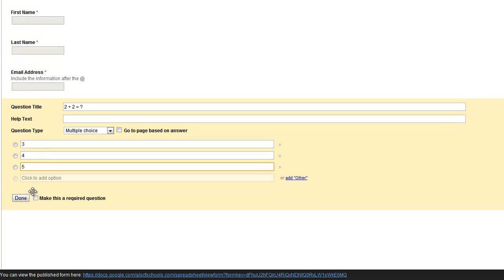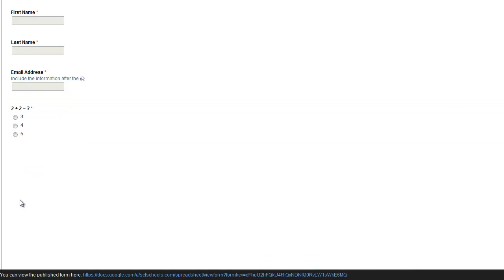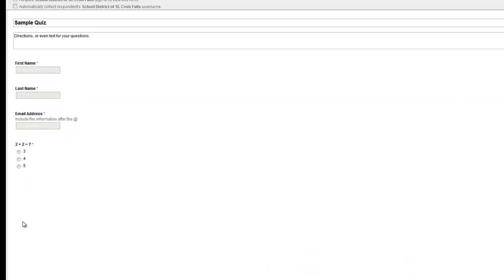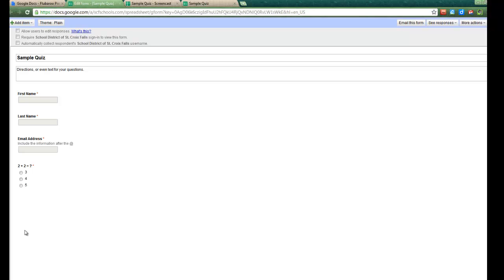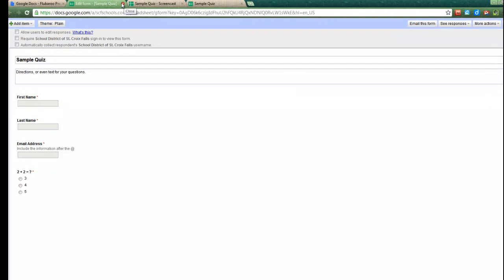Make it required, none. Now I would continue the same options going through all the questions I want to include on the quiz. When I'm done, I can click on Save. Once it has saved,